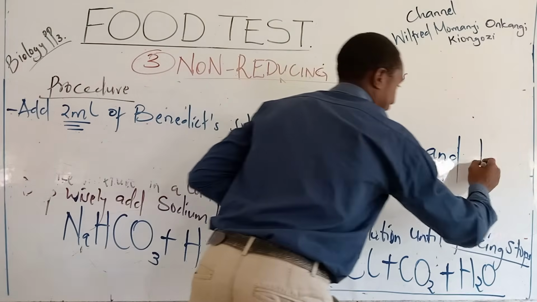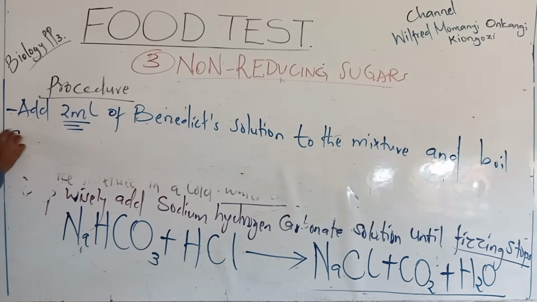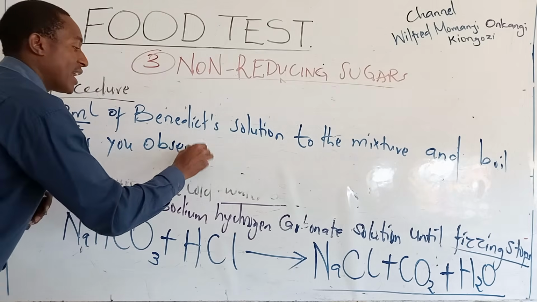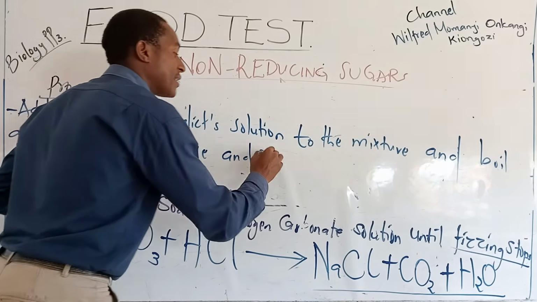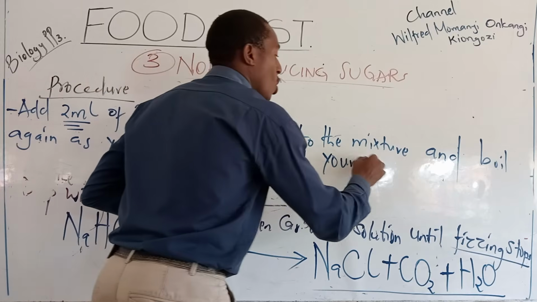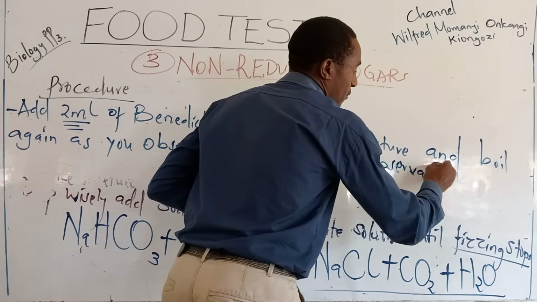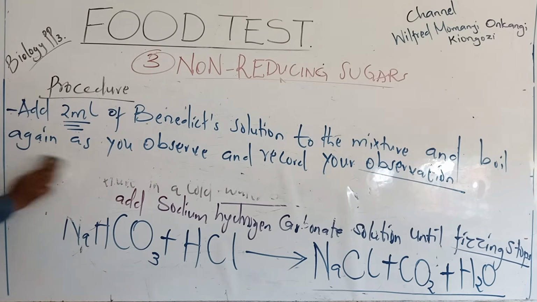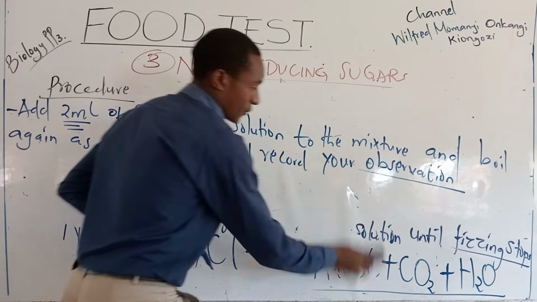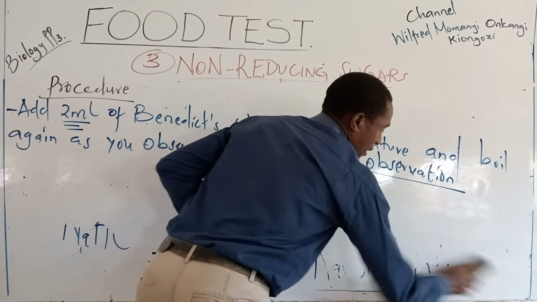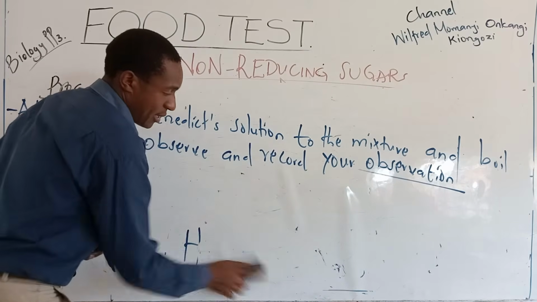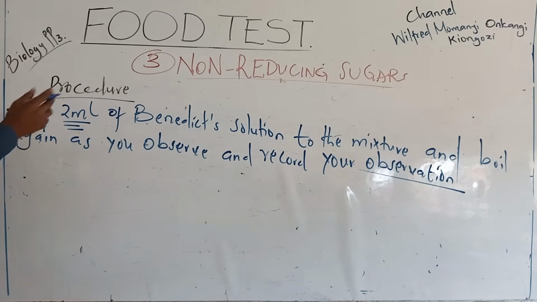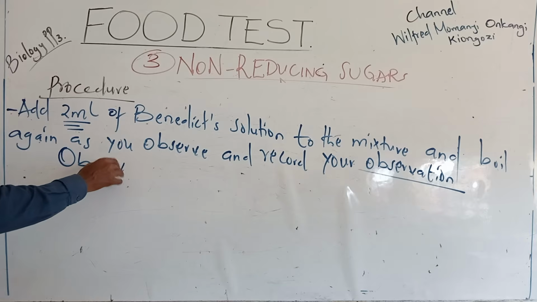and boil again as you observe and record your observation. Boil again this mixture now, and as you boil, you record your observation. So if the non-reducing sugars are present, this is going to be the conclusion. Or sorry, the observation first. The observation